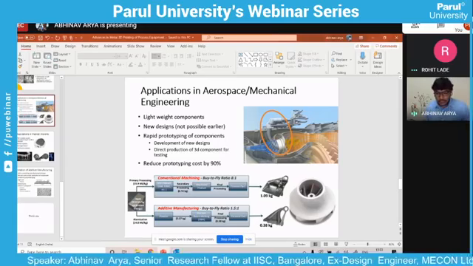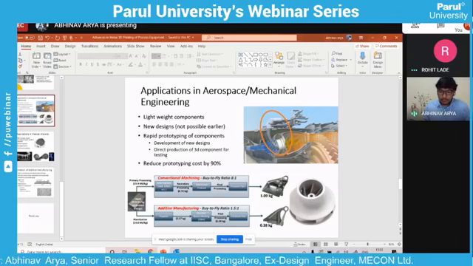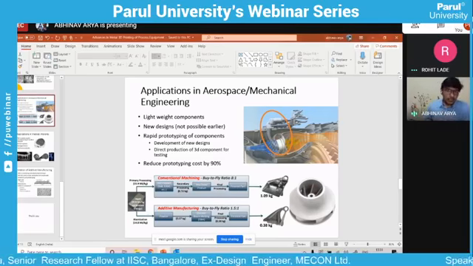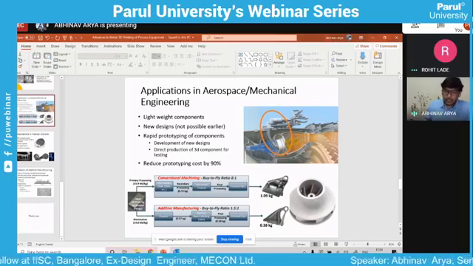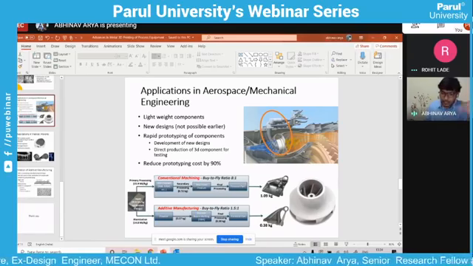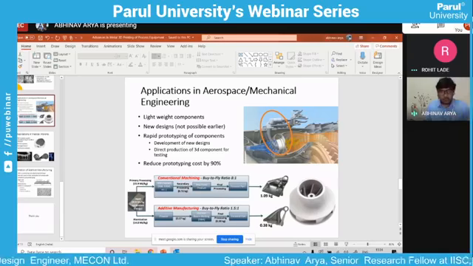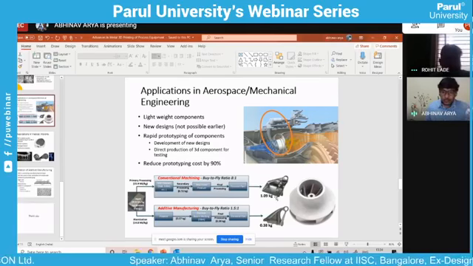So in aerospace, as I have told you here, all these components that are manufactured using additive manufacturing are performing much better than the traditionally manufactured components. It's just that we cannot mass produce them. But in specific applications where we need material with very good mechanical properties, and the cost doesn't matter that much, in those applications the components are being made using additive manufacturing.